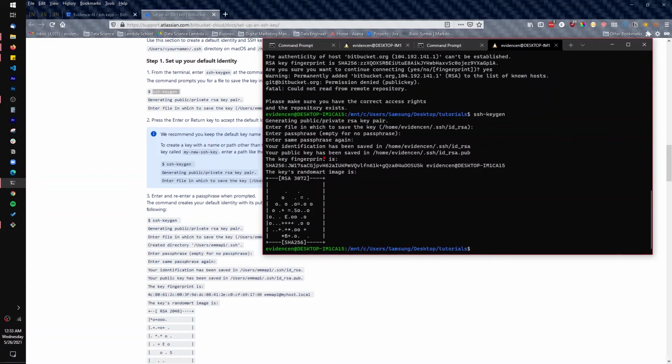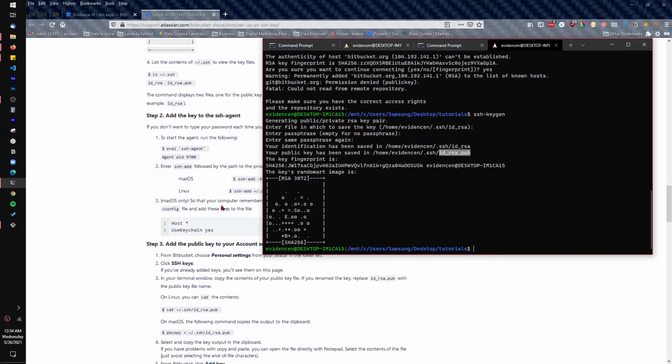So if you look at the output here, it tells you your private SSH is in this folder, and this is the file name for your private SSH. And your public SSH is in this folder, and this is the file name for your public SSH. All right. So now the next step is we are going to copy the content of this public SSH. And to do that, you can use the cat command. So you can do something like cat